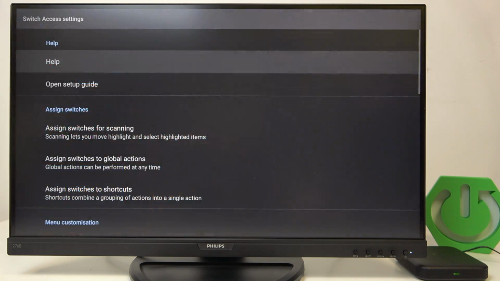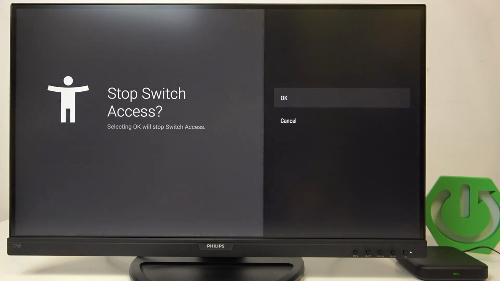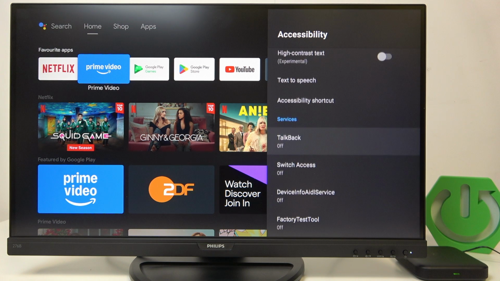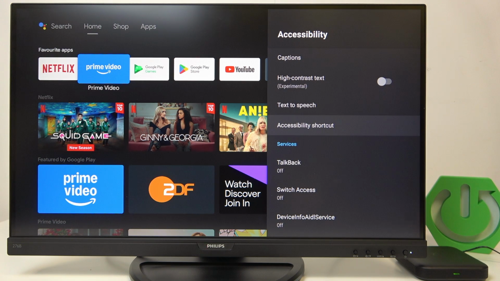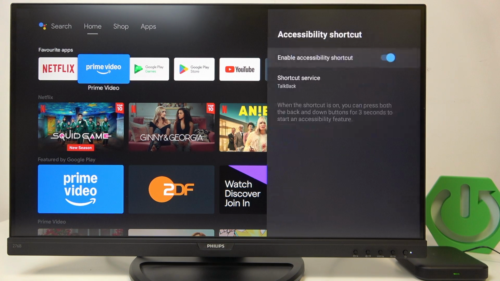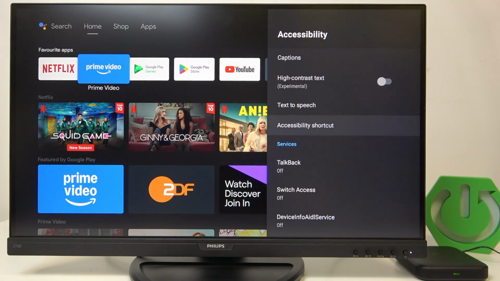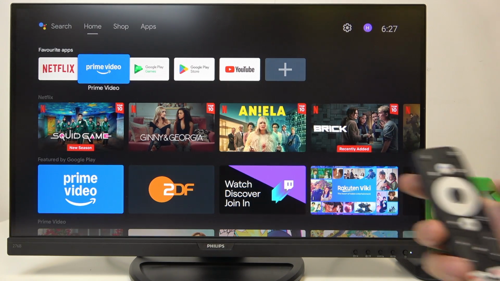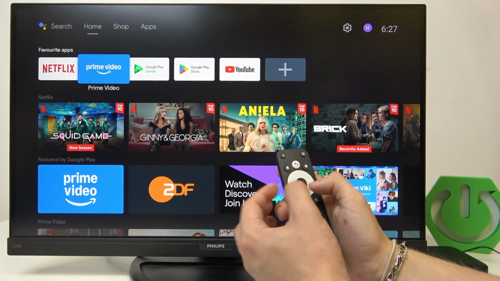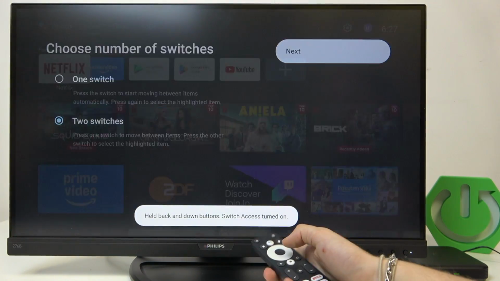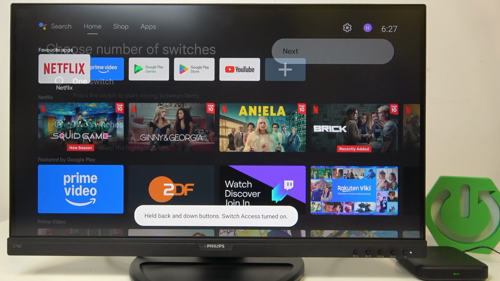You can go to Configuration, you can change different settings here. Also, you can set up an accessibility shortcut to make it easy to enable and disable switch access whenever you need it. Just go to Accessibility Shortcut in Accessibility, then make sure Accessibility Shortcut is enabled and set Shortcut Service to Switch Access. Now, whenever you press and hold on down button and back button for 3 seconds, it will turn on switch access. I'll actually turn it off,